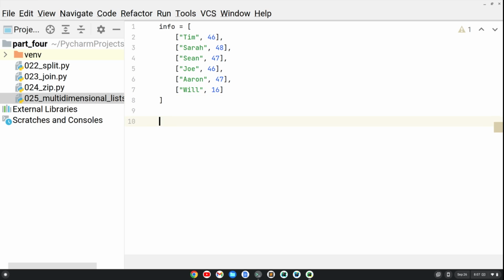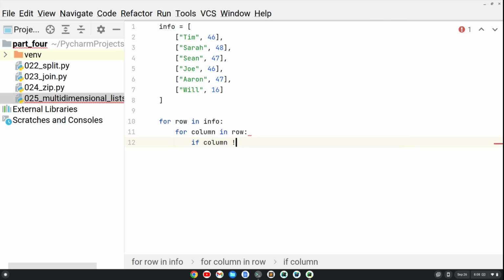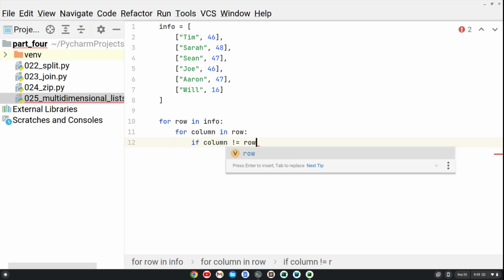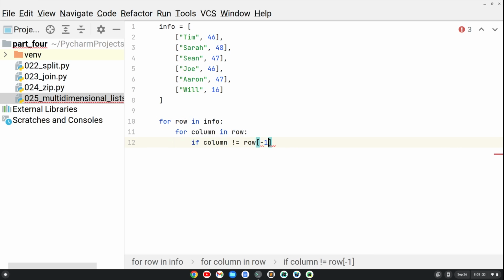Okay. So what we're going to do is iterate through this multidimensional list just to give you a taste of multidimensional lists. So I'm going to say for row in info. Okay, we're going to go through, and then we're going to have a nested for loop. We're going to say for column in row, if column does not equal row at index -1, which would be the last element,